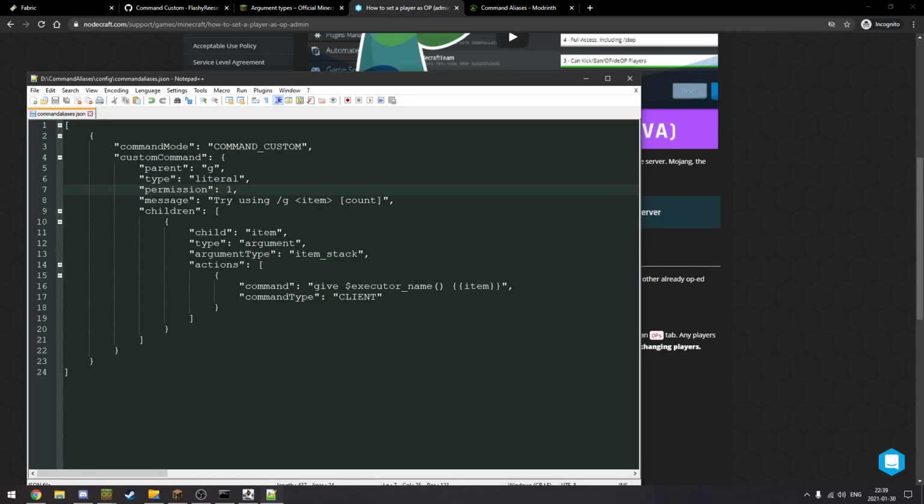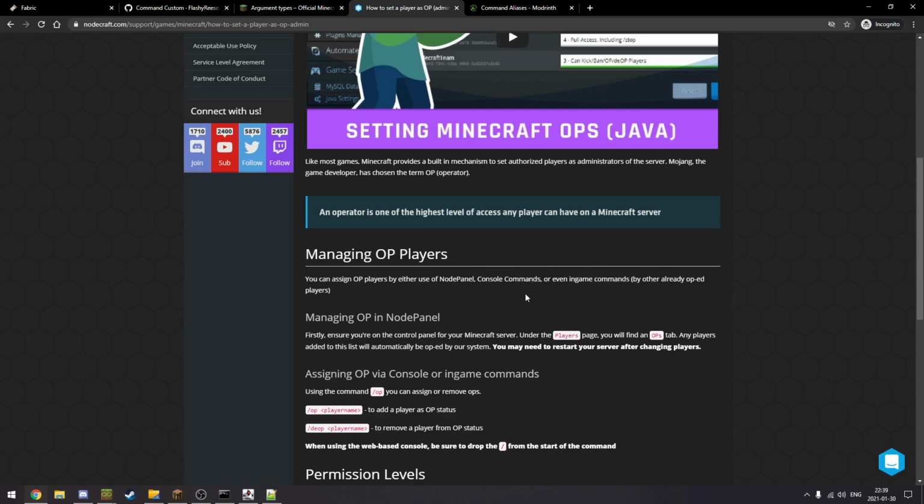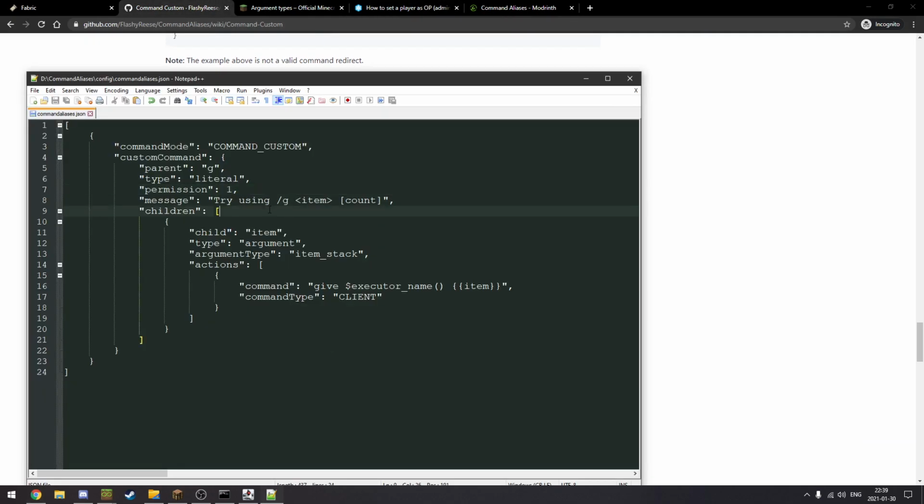As for give, I'm gonna set it to all operators. So in this case, if you just type G, it's gonna say try using the command item and item count. The child is gonna be named item. It's gonna be an argument, and the argument type of item stack. It's gonna bind with double curly brackets to the variable name and the executor name, and the command type is gonna be client because